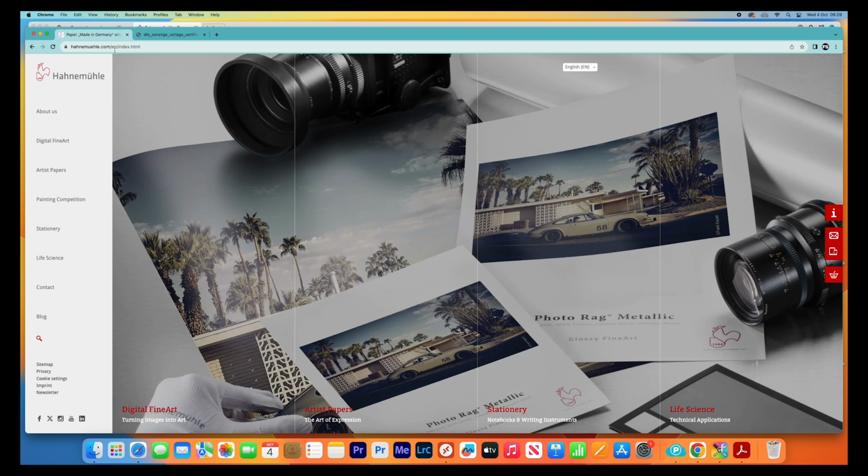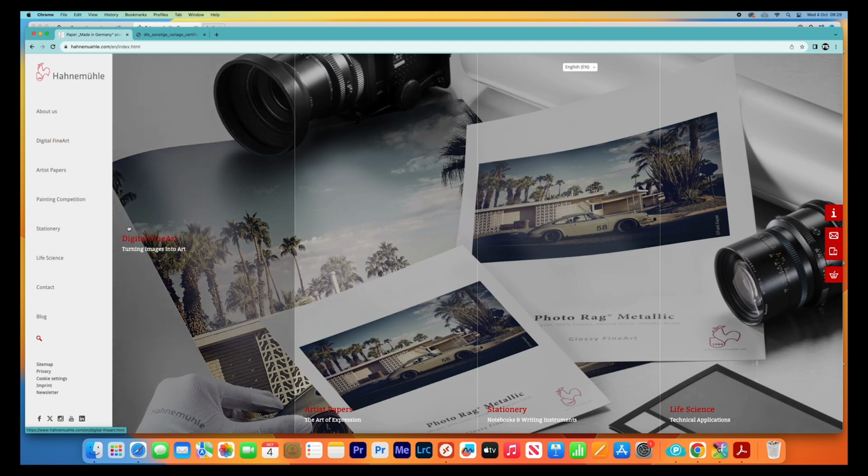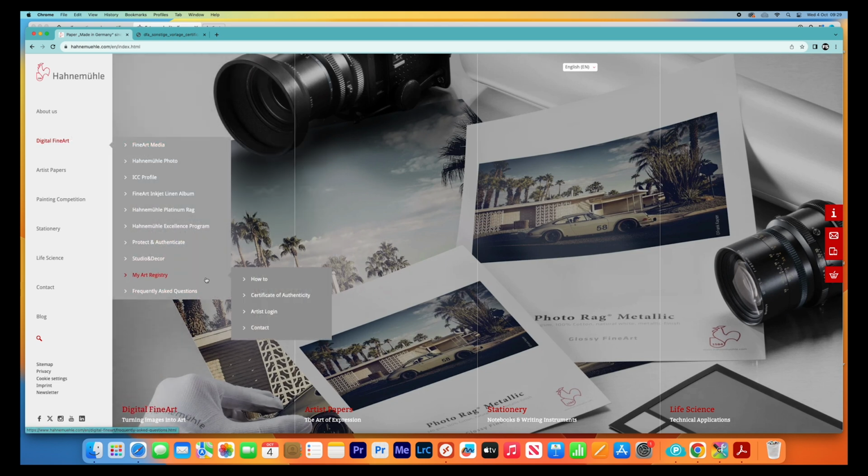Okay, so if we go into digital art, you'll see all the papers listed that Hahnemühle do, but also you can go almost down to the bottom and there's My Art Registry, just second item from the bottom there. Now you can see in here we get a little sub menu. We've got the how-to here. We've got certificates of authenticity. We've also got an artist login, and if you need to contact Hahnemühle about them, you can go on there